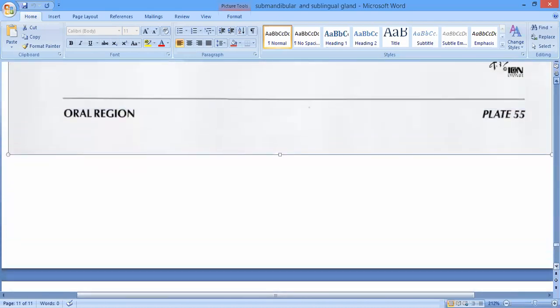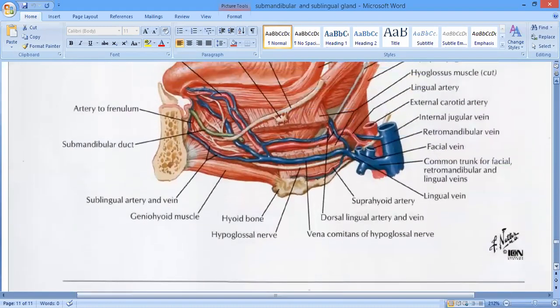It will be supplied by the facial artery, बच्चे. ठीक है? You can see the facial artery down over here. Facial artery यहाँ से निकली है. It is going to be well. ये तो इसका lingual artery branch दे रही है, right? So the facial artery is going to supply this one, and of course the vein that will be the common